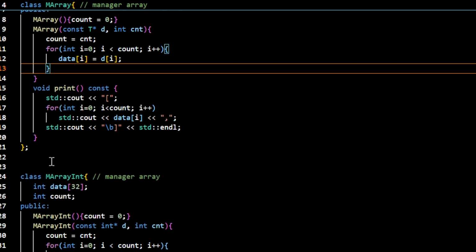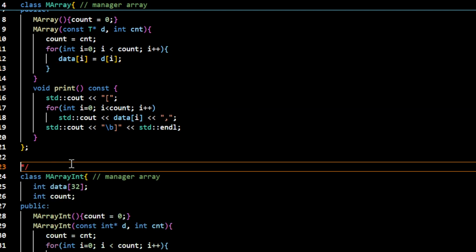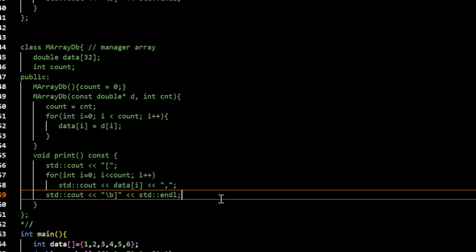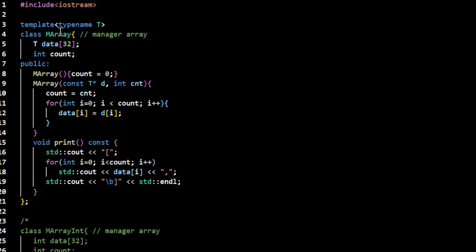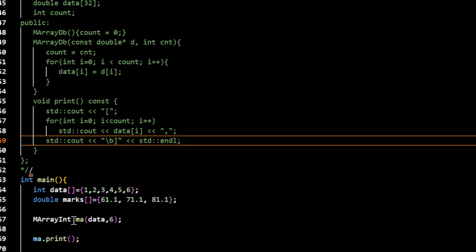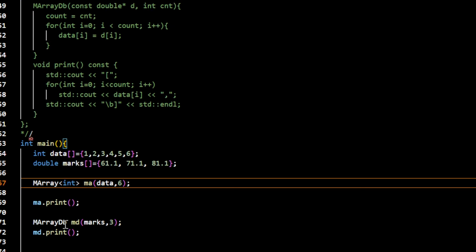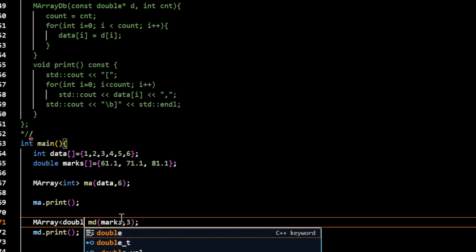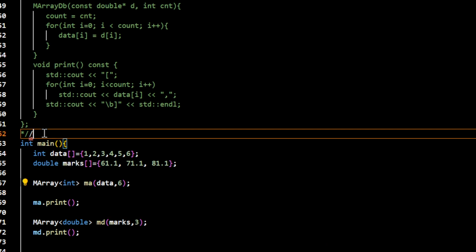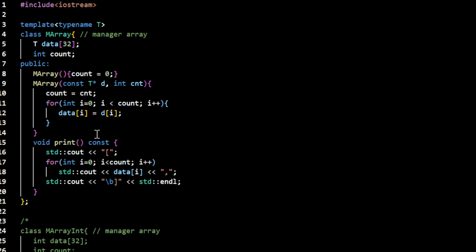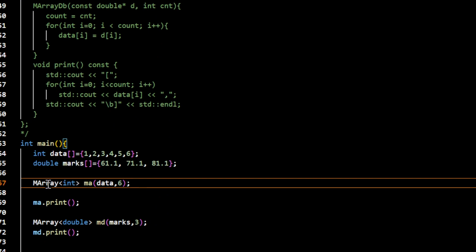Now with this, we have created a class template. If we have this class template, we don't need these individual versions of it anymore, because the compiler will create these two versions. So we'll leave it to the compiler to do. And if I want to use this template class for integer type data, then you need to tell the compiler you want to instantiate that for integer type data, and for double type data you instantiate for double type data. So with this change, we have a template class, and we have the function to use, how to instantiate the template,